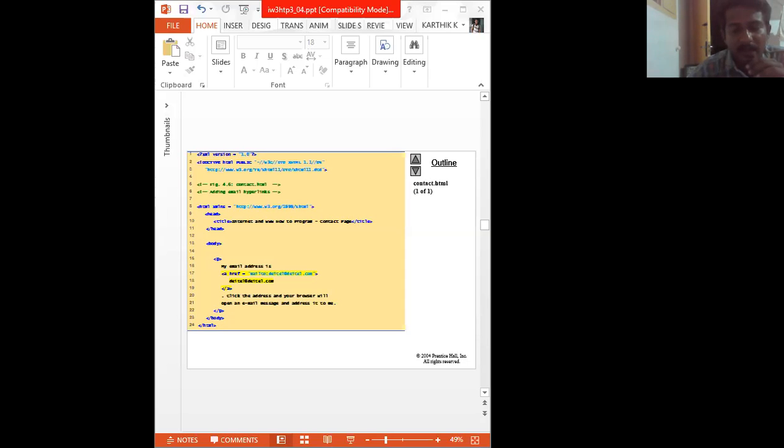So you have to specify the mailing address. So when you click the text, it's going to open the compose mail, right?